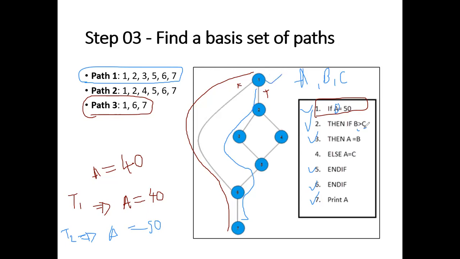Then I am in the if B is greater than C. Right? So I have to input whatever value to B and C. Before thinking what values I am going to input, you have to check this one, because in here you can see it's an if. It means it has both true and false. And in this part, from the second statement, it's going to the third statement. It means it's following the true side.